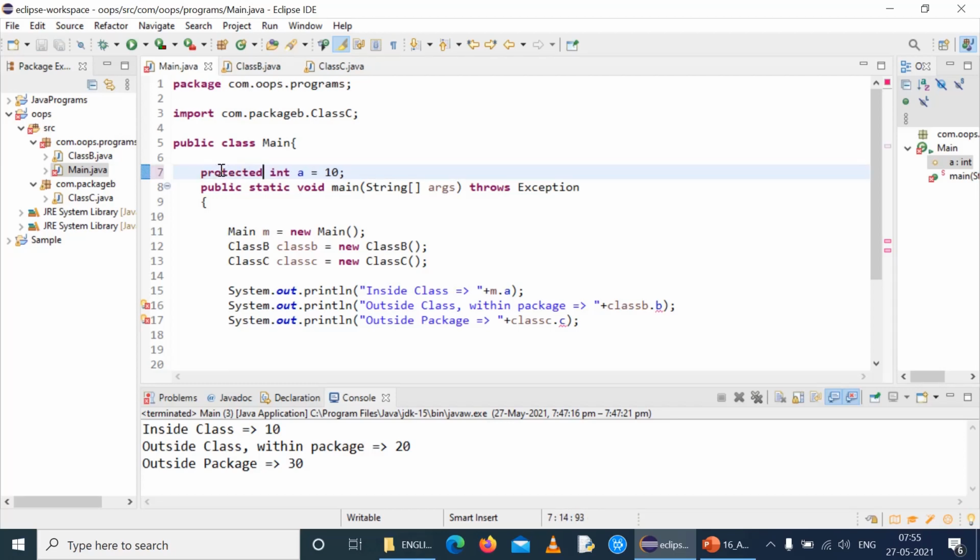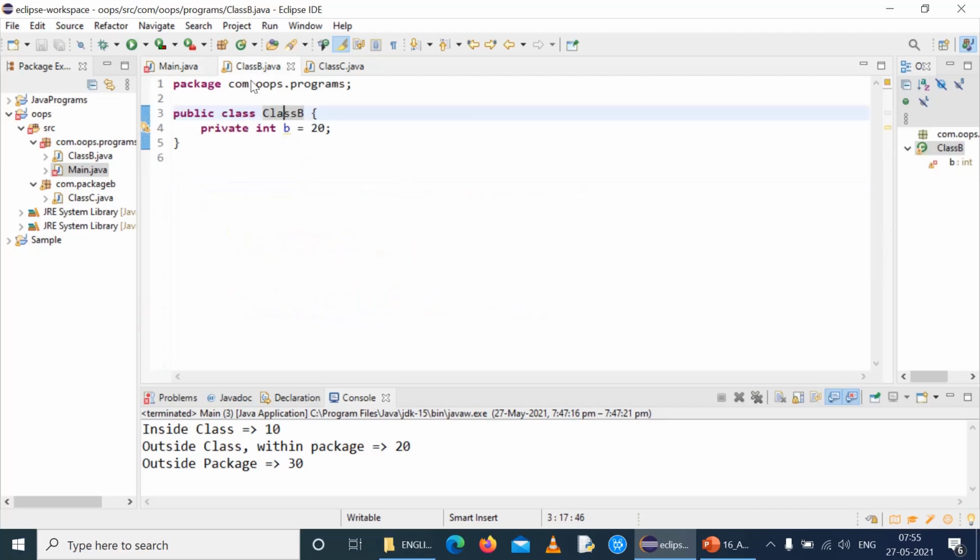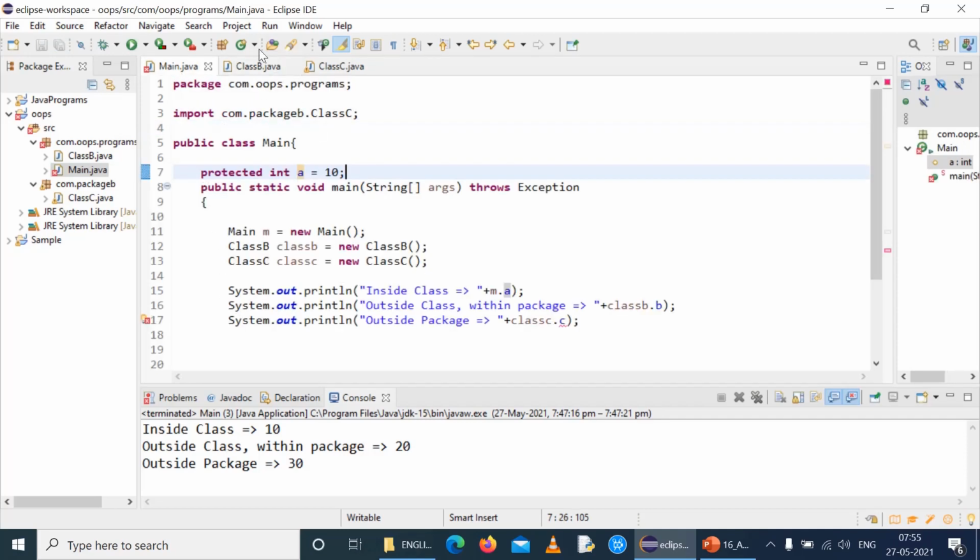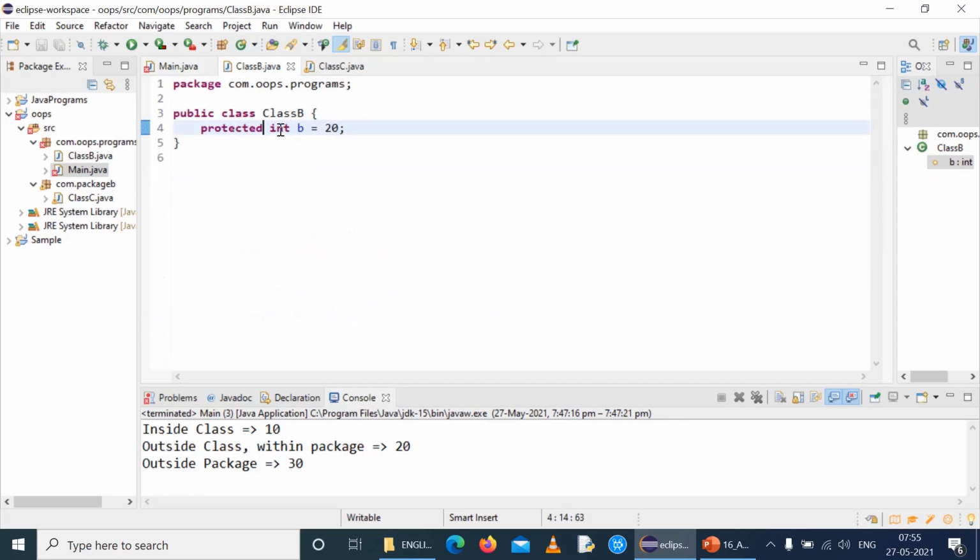The same thing, we will change all the three variables' access specifier to protected. Integer a does not throw an error because we are accessing it inside the class. See, in class B, integer b is changed to protected.